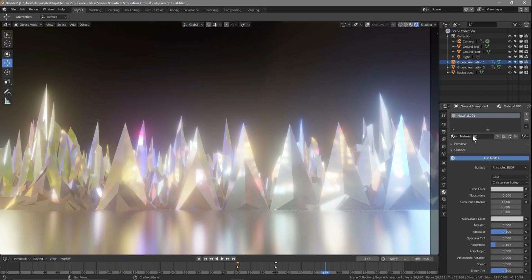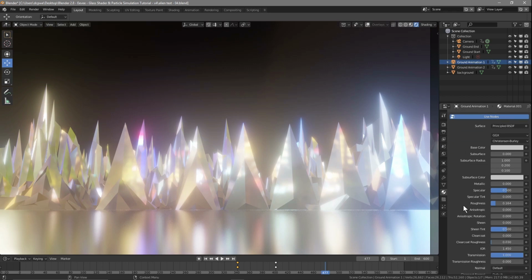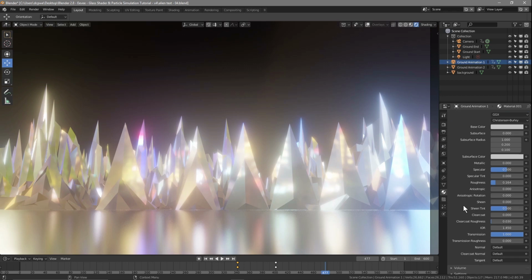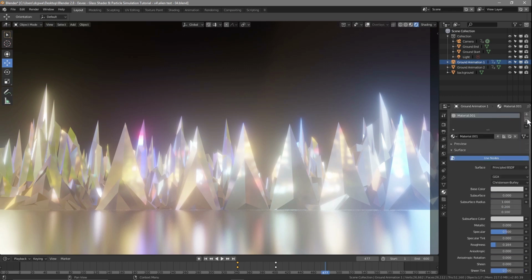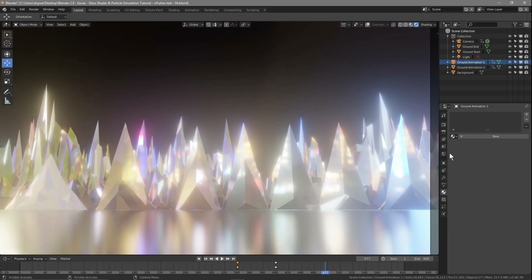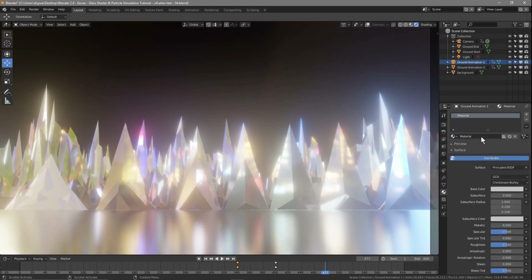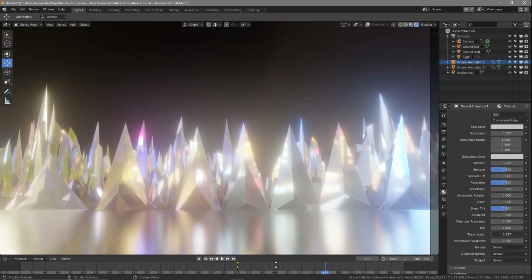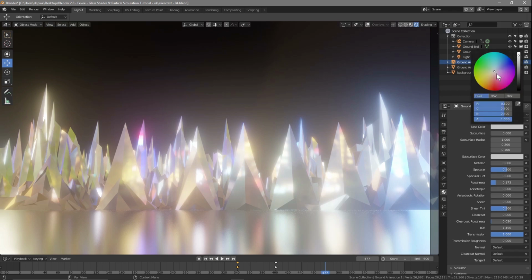So what we do is click the minus button here. So we'll click ground 1 animation, click the minus button, and then we'll click the new material for it, and we'll set the transmission all the way up, and we'll bring the roughness down to around 1.7, something like this, and we'll set the base color to a slightly different color. Let's make it like a purple,